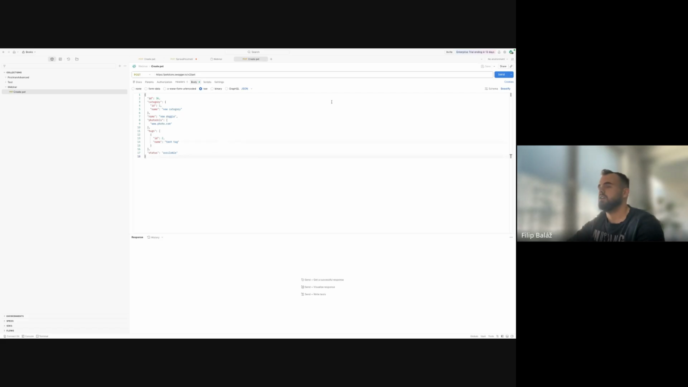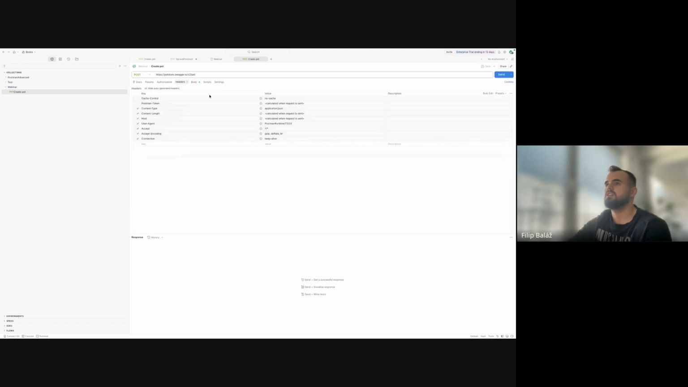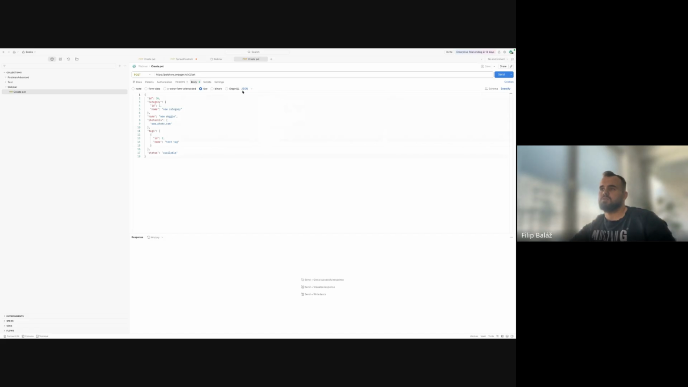Now I can send it, or I can check the headers which are here. We can check the content type, and this is also the beauty of Postman, that Postman identified that we are using JSON, and it also specified it in the headers in the content type, so the server will know that we are sending JSON. Okay, so what we can do now is send the request,